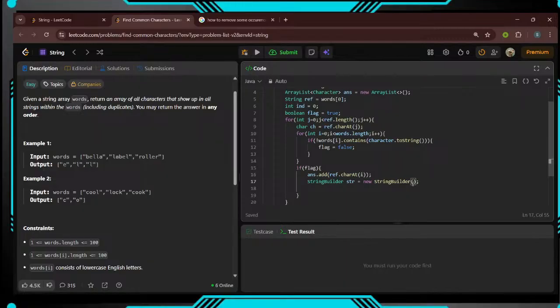So this string, if this comes out to be true, then what we can do is